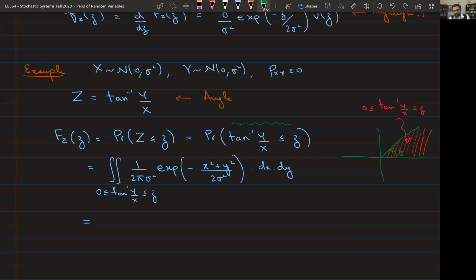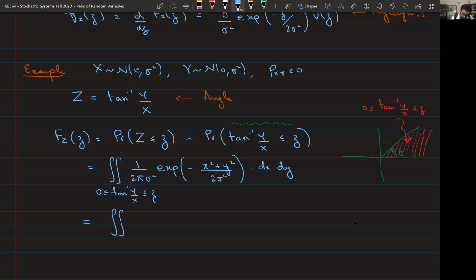It's going to come very easy, and I just want the theta, or the angle, to be less than something, right? So that means I should really be going to the polar coordinates, right? So if I go to the polar coordinates system,